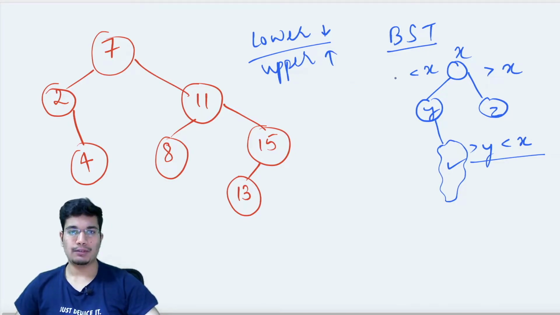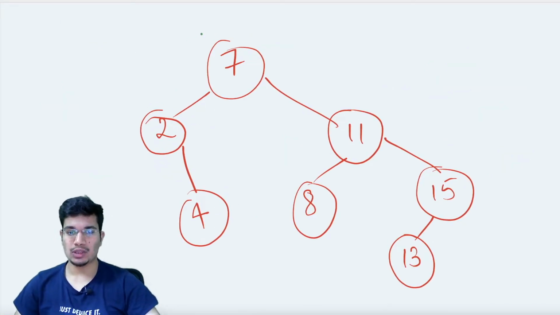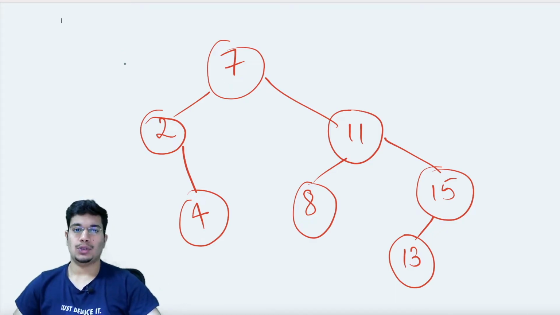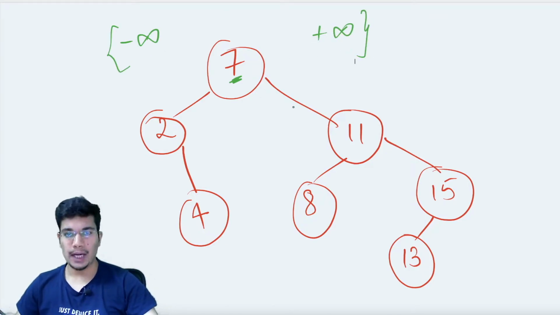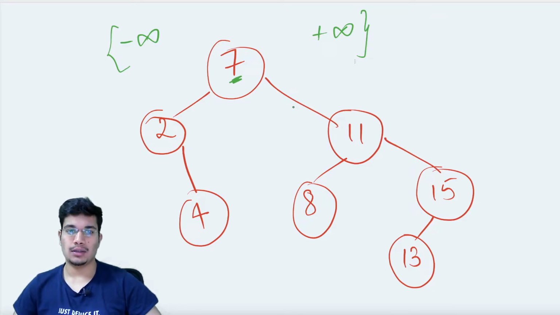As soon as this property fails for any node, we can conclude that the tree is not a BST. Now for our root node, there are not going to be any such constraints on the values because there is nothing above the root. So no one decides what the value of root should lie in between. For my root node, no matter what value it has, its range is always going to be minus infinity to plus infinity, because my root node can have any value that it wants, and then based on the value of that root node, we are going to decide the range of values for my other nodes which are below the root node.